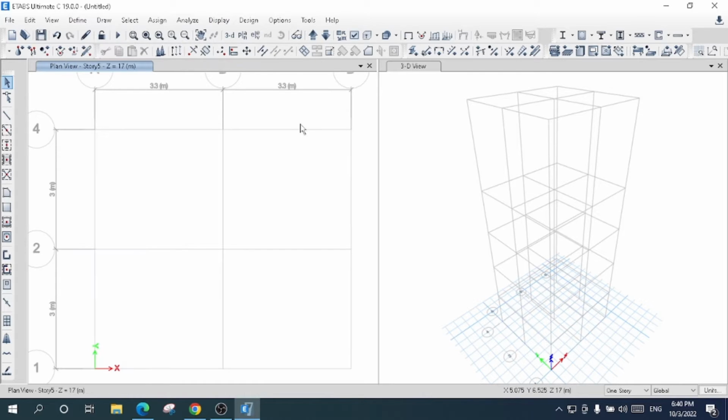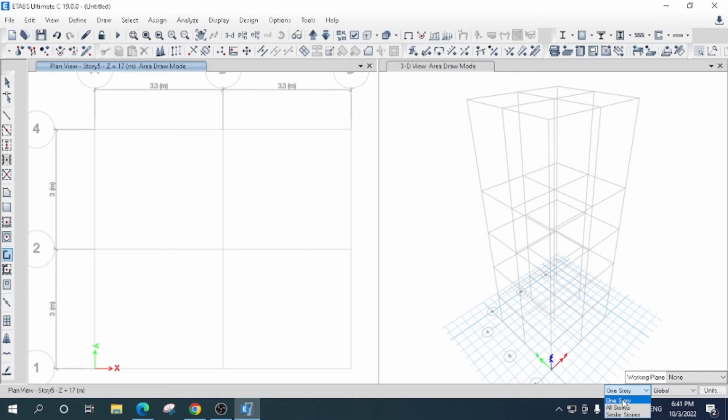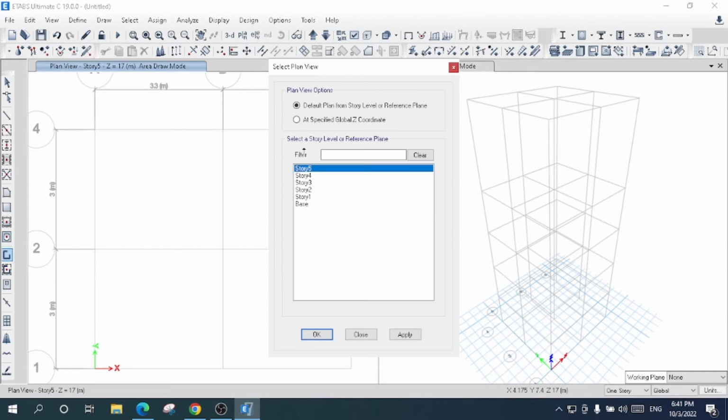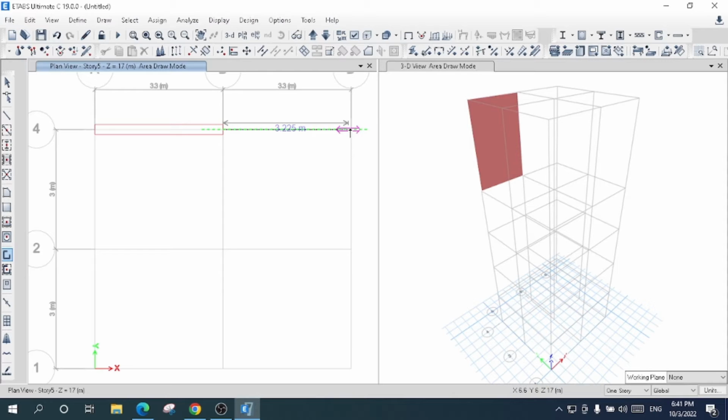Now I'm going to practically create and model the structure, the rectangular water tank. So I'm coming here to the shear wall sections. I will choose here the draw wall. Afterward, I will choose here the wall section property, and I will choose here a single story. I'm coming here to the story 5. I will now press this grid and come here. Look, the preview is 3D as well, and press here,